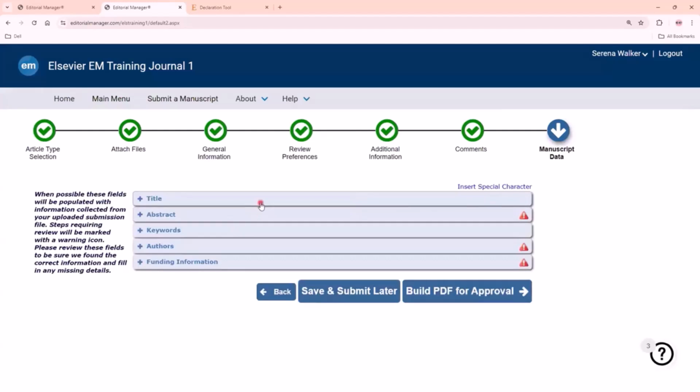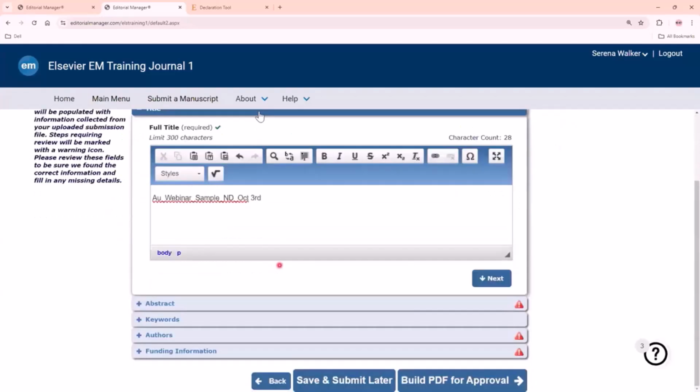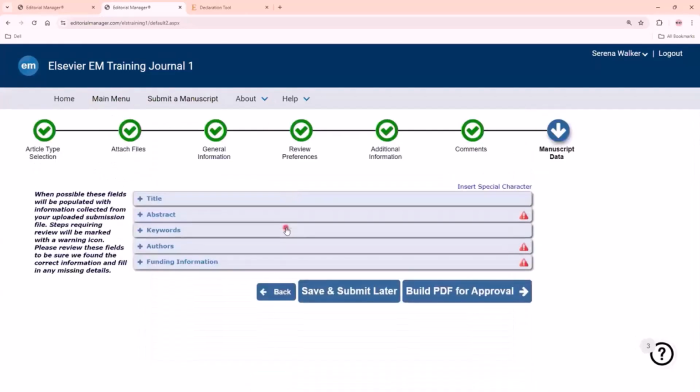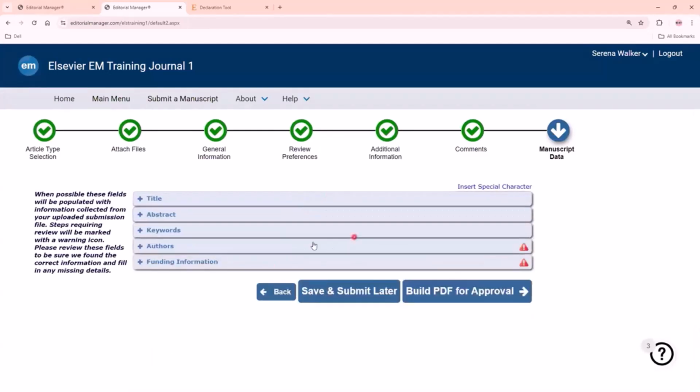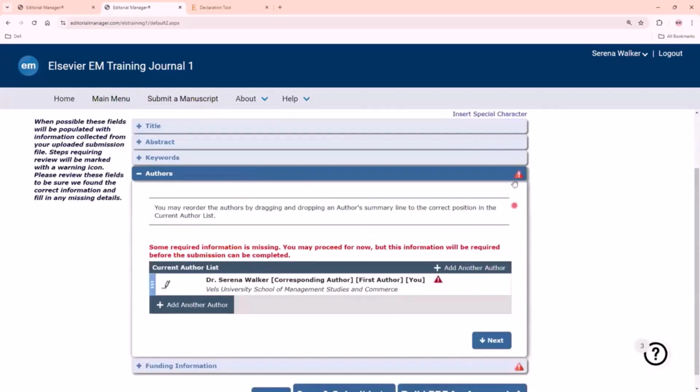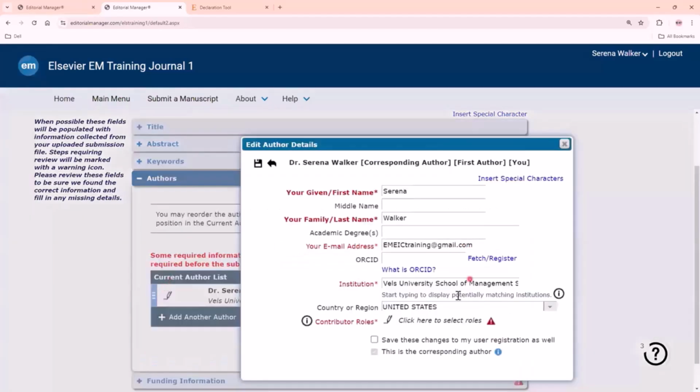So from an author's perspective, it is important for you to make sure that all the information that you've added here is correct. So please take a check. Please make sure to check on this. Then you have keywords and author names. Now in the author's name section, you see that there is an error coming up. What is that error? You can see here. Let me just click onto this pencil icon and I will be able to see if there is any error here. So if you look into this, the contributor roles have not been added.